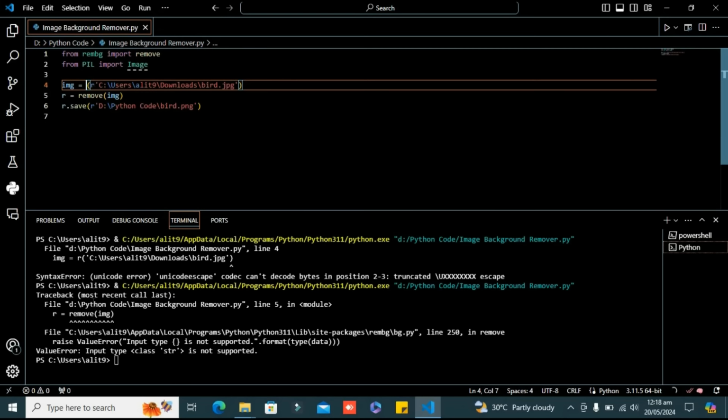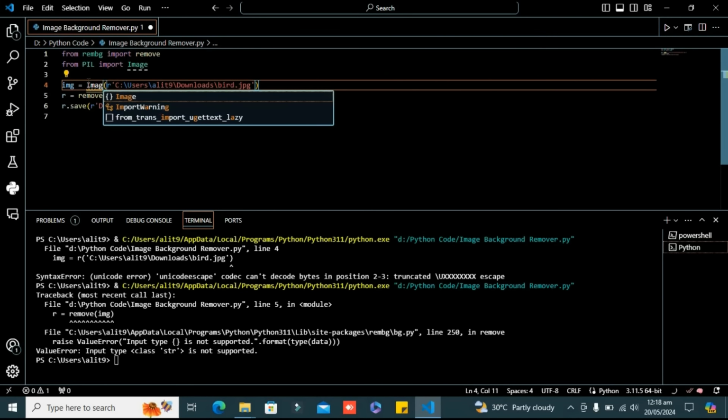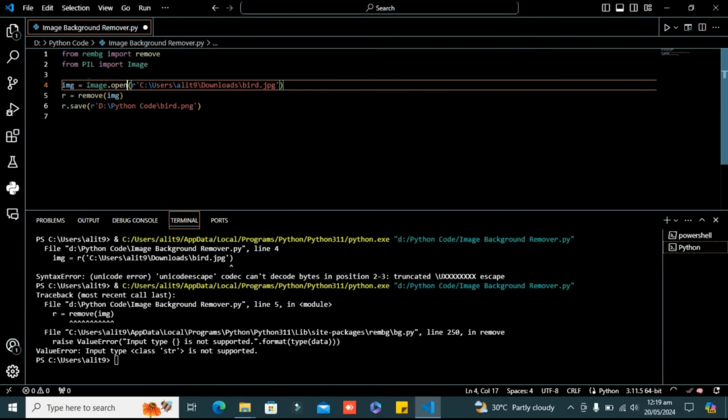Basically it is saying value error because I'm just passing the image path as a string. So I need to use the Image.open method in order to open the image. The open method is used to open the image as an object and save it into the image variable. So I need to use it. Now again run this program.